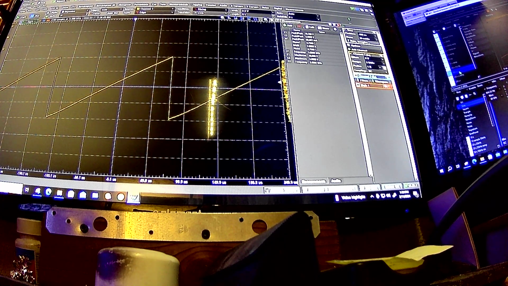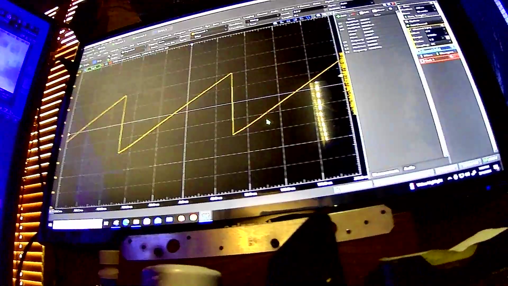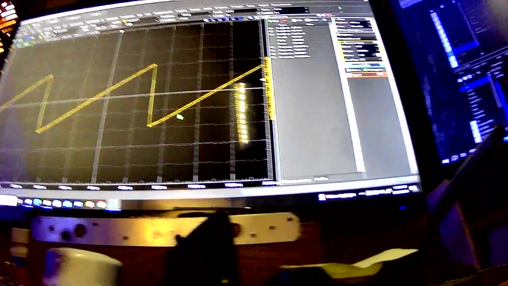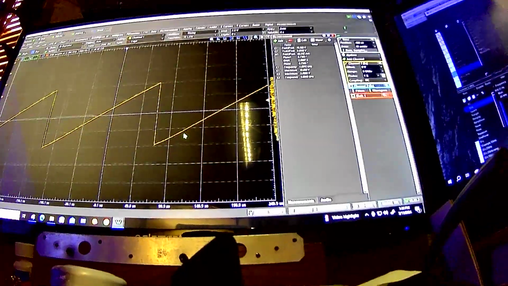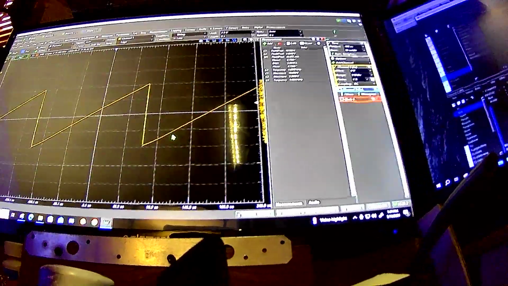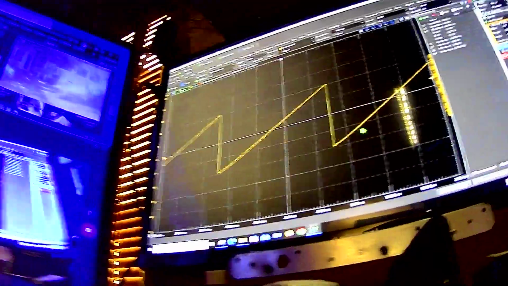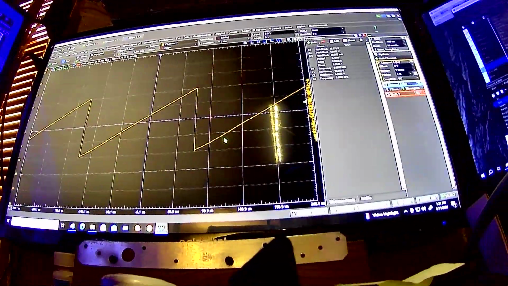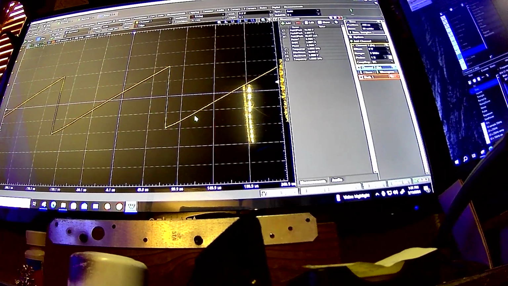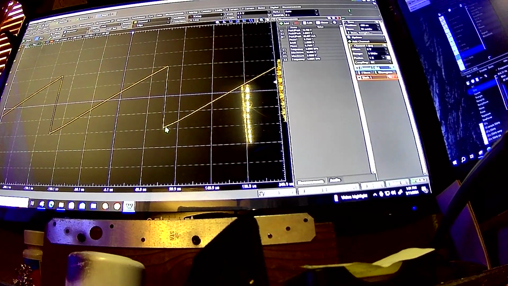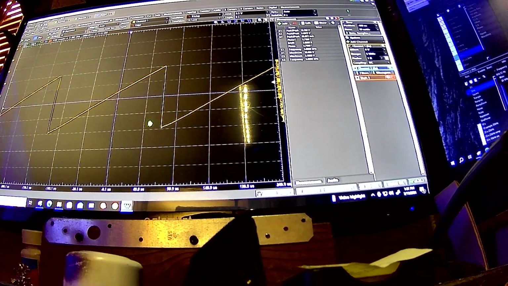And here's what our ramp wave would look like. Now, this is a very interesting feature, and this has to do with the op amp. You can see there's a slight curve to this. It's a little difficult for you to see with that stupid glare in it. But there's a slight curve here. Unbelievable. But yeah, there is a slight curve here, and this is related to the slew rate on this particular